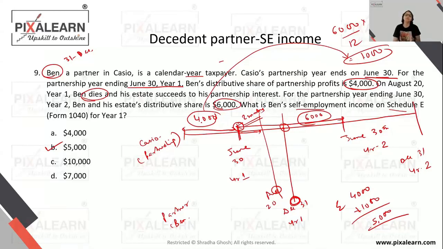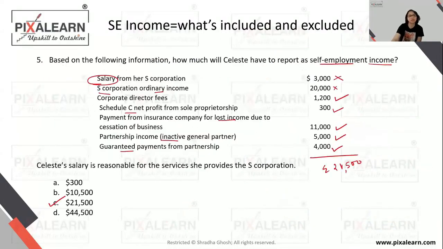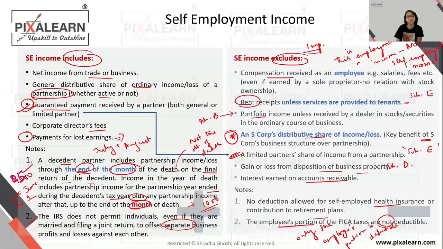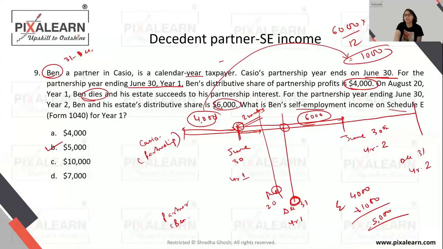So for income tax purposes, there will be 3 returns. You will see that there are 3 returns that are filed with respect to a decedent. One will be the final income tax return of the decedent. One would be the estate's income tax return. And the third would be the beneficiary's income tax return if the beneficiary would have received some money. This is related to a particular provision. So my suggestion is you will not be very wrong to write question 9. So this was question 9.